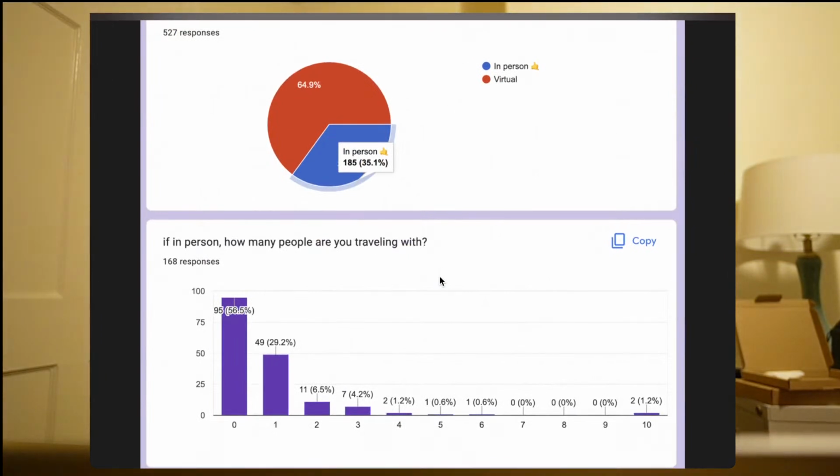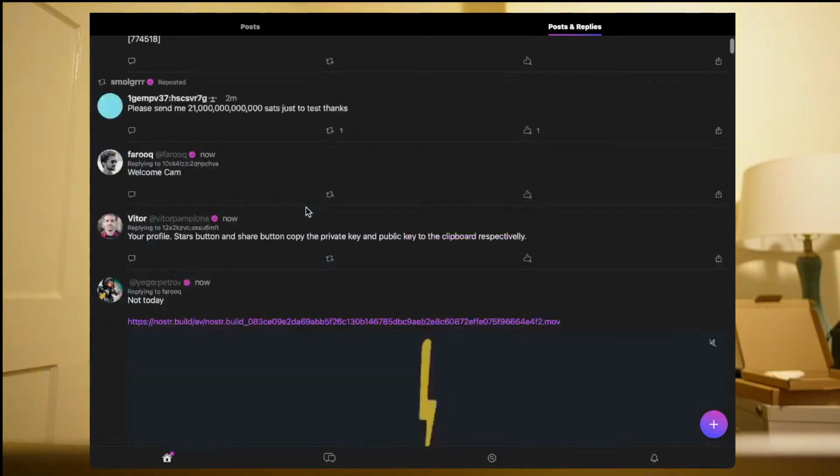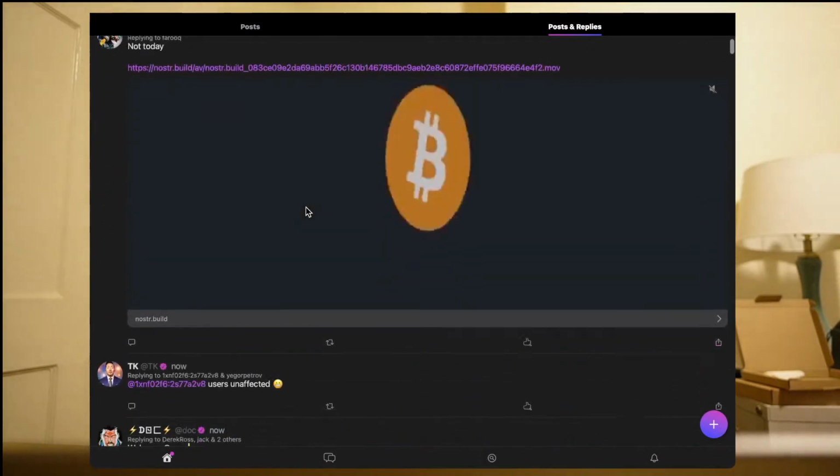Oh, here's the attendance for Costa Rica. So Costa Rica is a Nostr conference that's going to happen in Costa Rica, and it's coming up in, I think, about mid to late March, March 17th, if I recall. There's virtual sessions and in-person sessions. Looks like there's 527 total responses on the prompt,